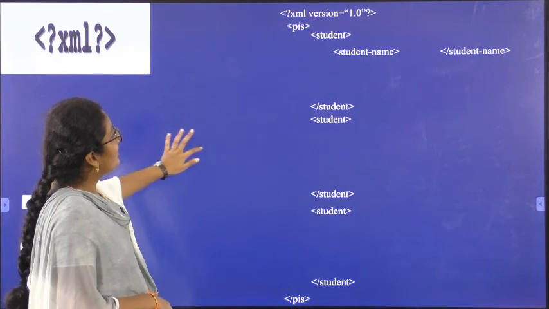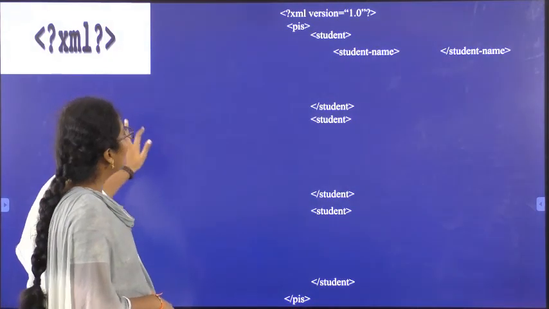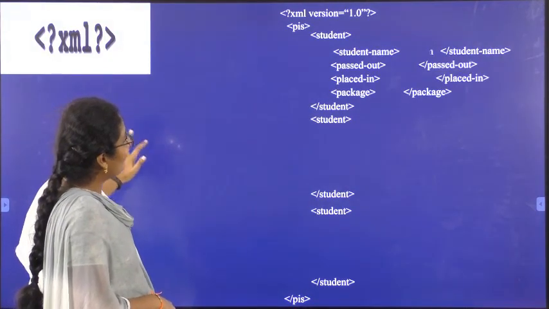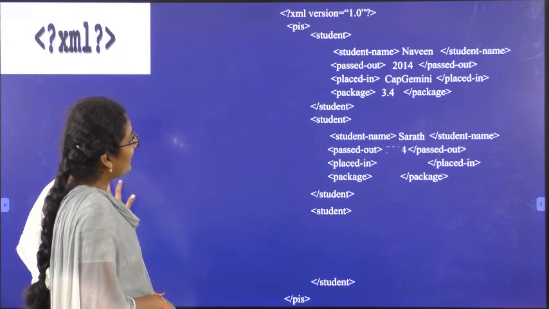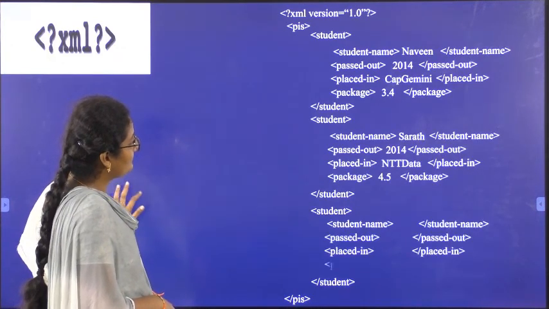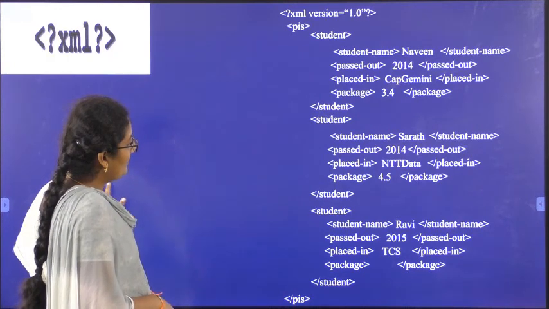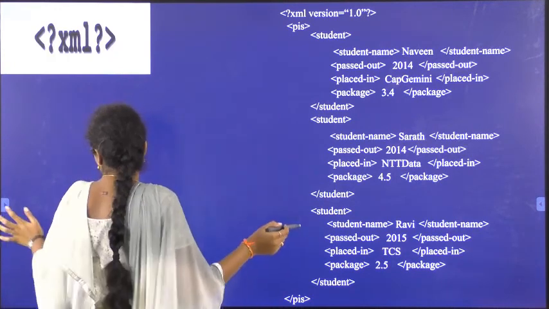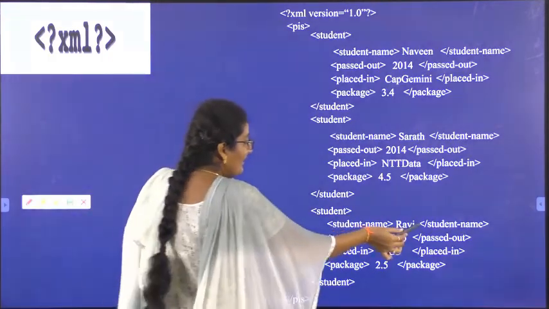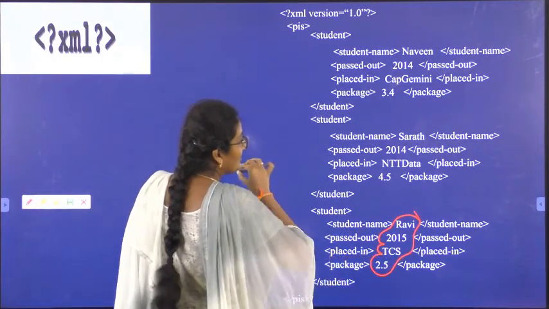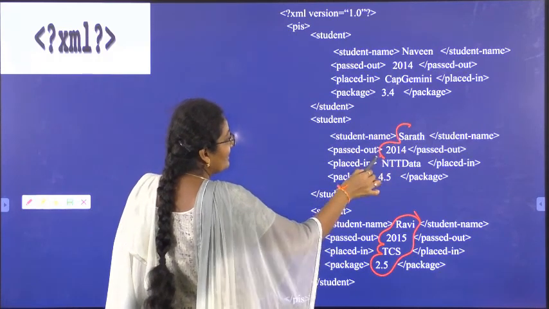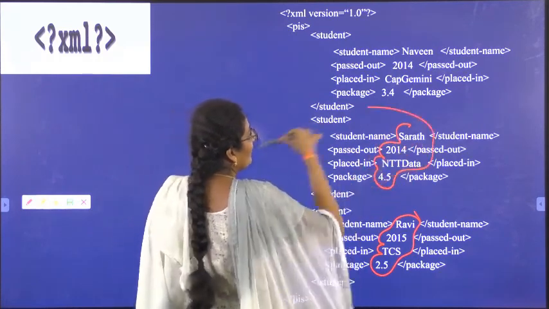So see, student name, passed out year, placed in, package. Likewise, for however many students we have, that many times we will write. So see here, Ravi passed out in 2015, placed in TCS with 2.5 package. Sharath in 2014 in NDDT data with 4.5 package.